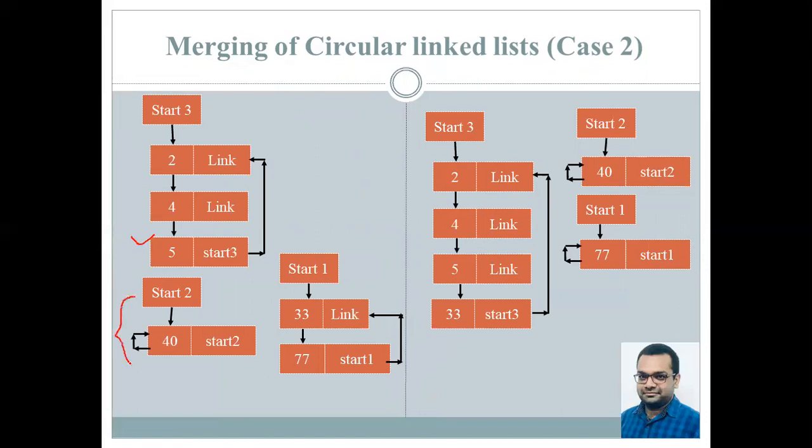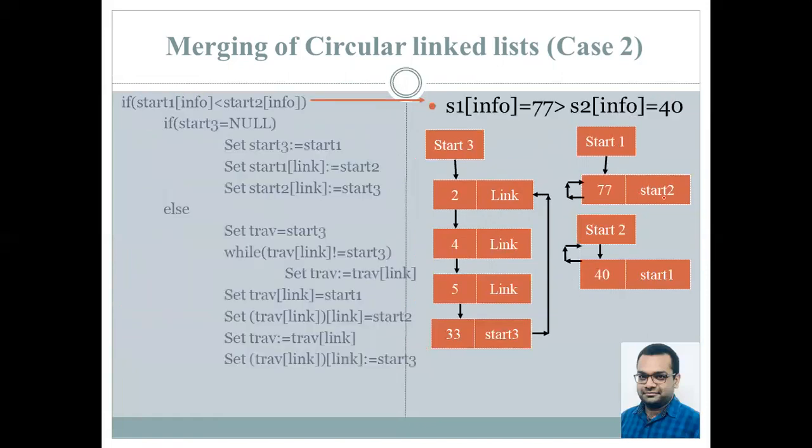Now start2 will be left with just one node, and start1 will have the nodes with these two values. So now you can actually see over here, now 40 is greater than 33. So the next node that will be inserted into the merge linked list is the one with value 33, and this is the resulting merge circular linked list. So now you can see over here in both the circular linked lists 2 and 1, we are just left with a single value. So now the control jumps to exit out of the while loop